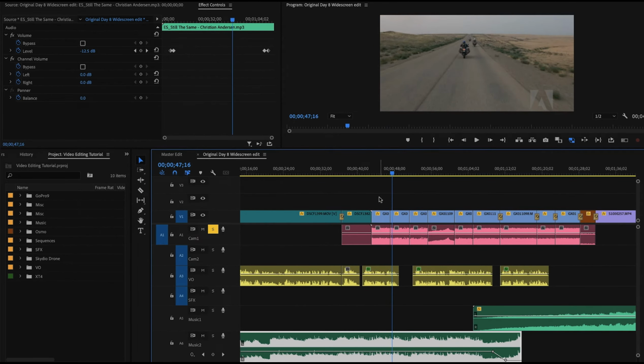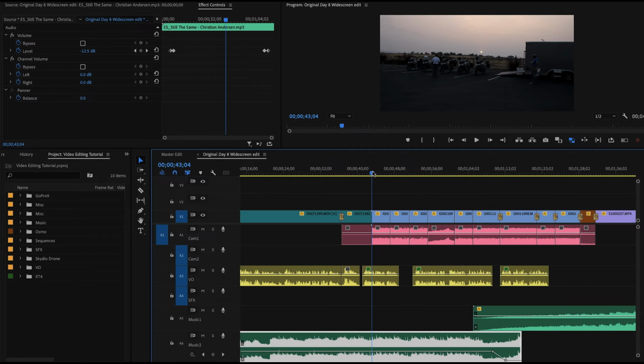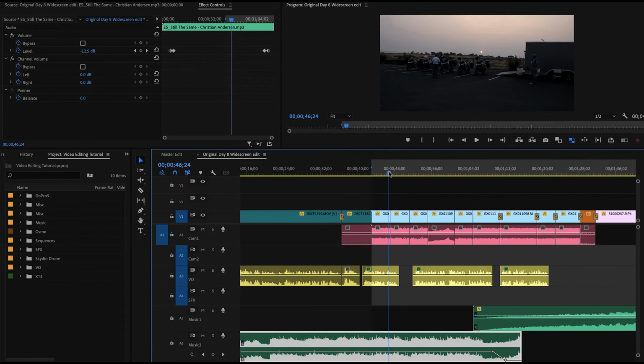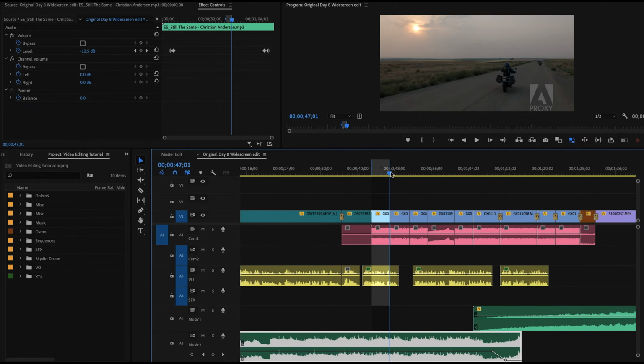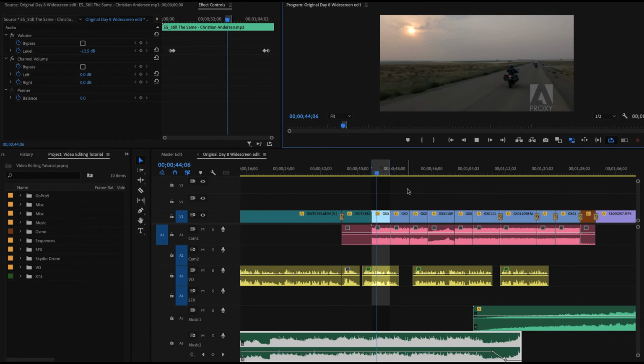Perfect. So now what I want to do is I want to actually work out what level to put that at so that it fits in nicely with my voiceover and everything like that. So I'll turn off the solo. And what I'm going to do is I'm going to just sort of loop that. So I can actually click up here on my timeline, hit I for in. I can hit O for out. And now I've actually put a little in and out point here. And over on this loop playback means it will now, when I play,